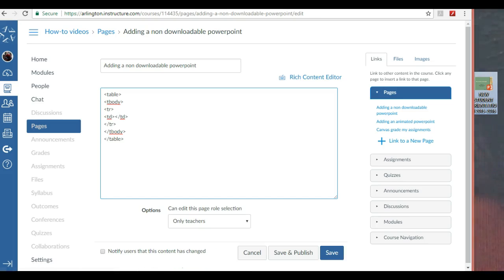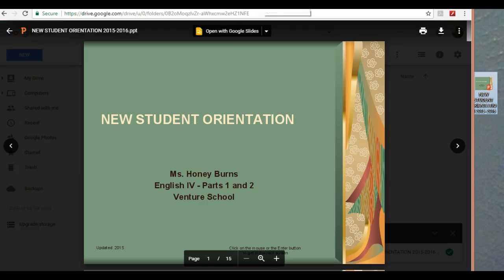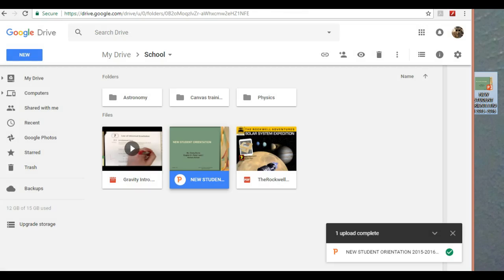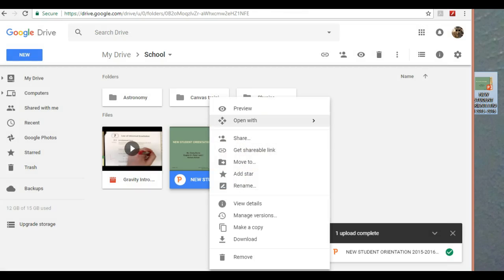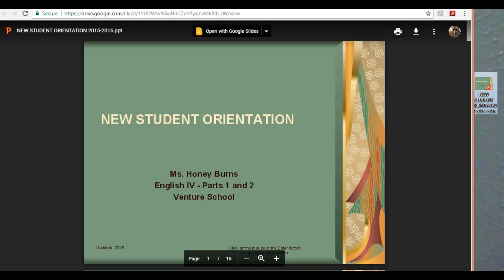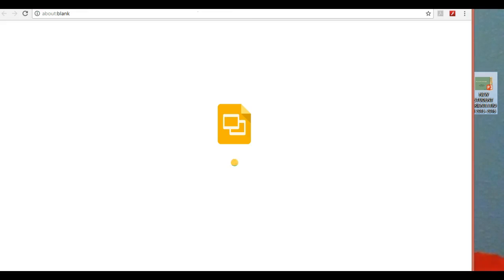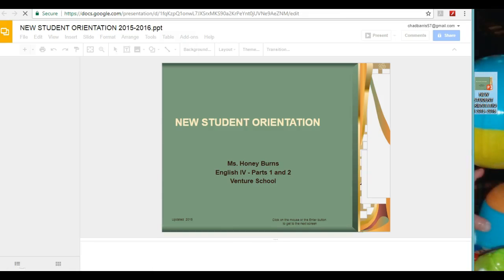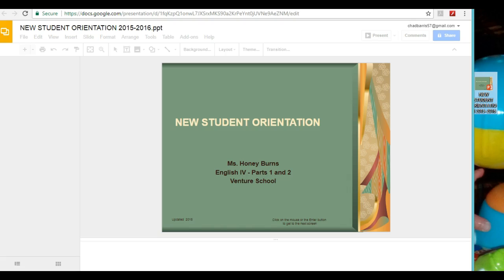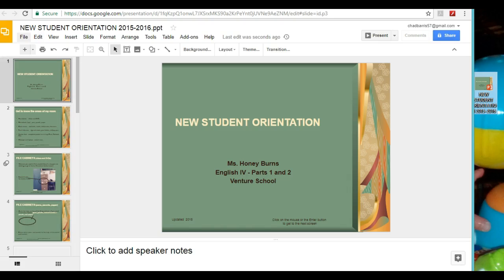We are going to go back to our shared drive, and we're going to say, actually let's go back to our PowerPoint. Let's say open with Google Slides. I know it's probably not originally a Google Slides, but we're going to open it with Google Slides because there's something cool we can do if we were to do that. So that's going to open, and what we can do here, a little bit different, is we can go to